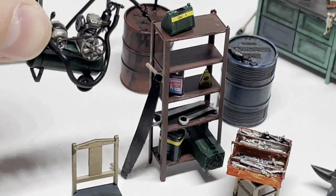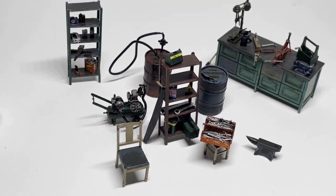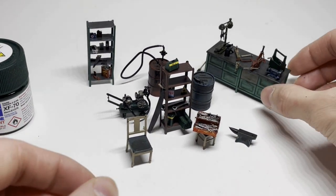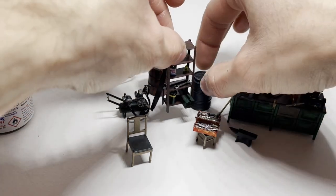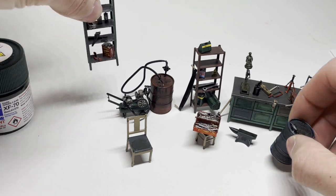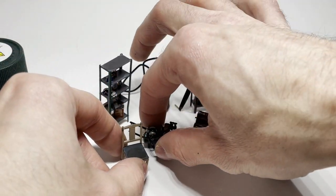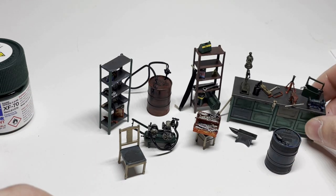But that is everything in this kit. I will have some still photos in the end, because these actually do make for a very good accessory kit. The parts are very, very tiny and very, very delicate. I do have to say that. But other than that,